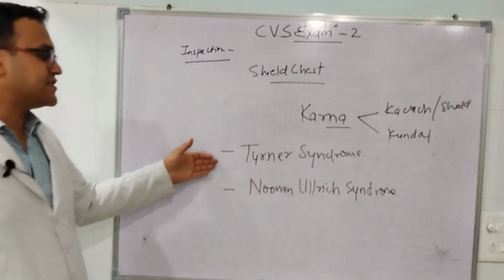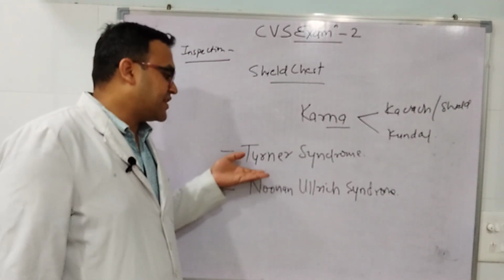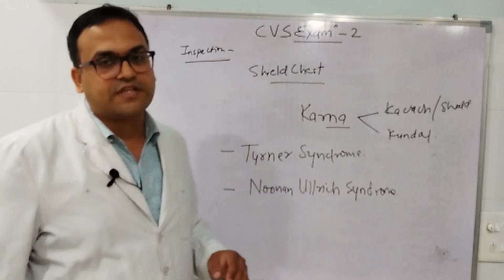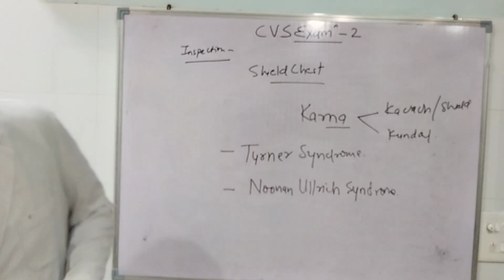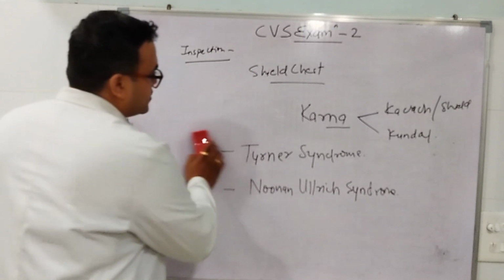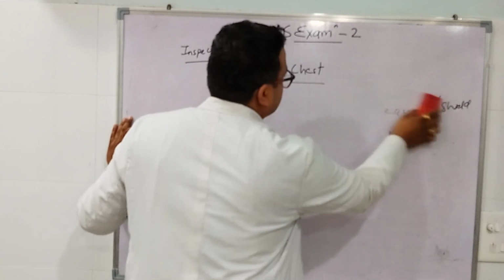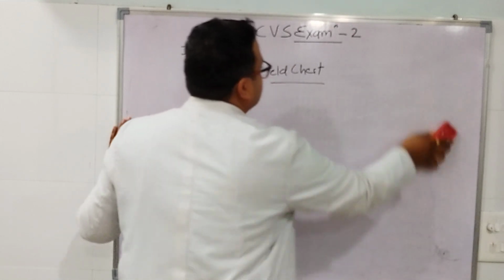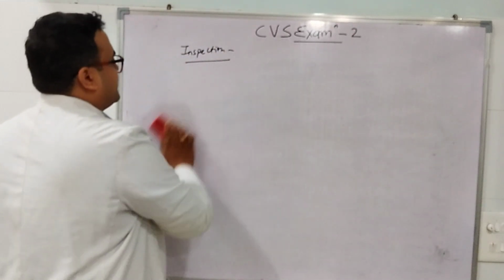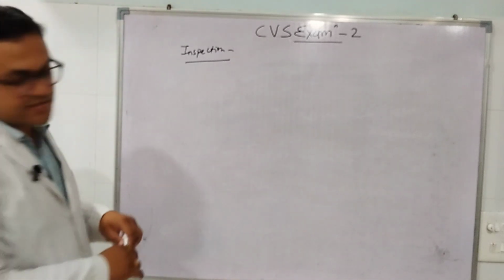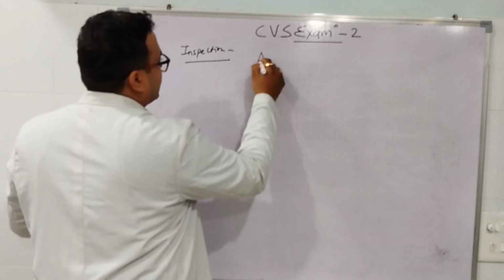Both of these syndromes can be associated with congenital heart diseases, and Noonan-Ulrich syndrome is most commonly associated with pulmonary stenosis. So these are some of the chest wall deformities that we have discussed, which can give us a clue about the underlying disease. Next is apical